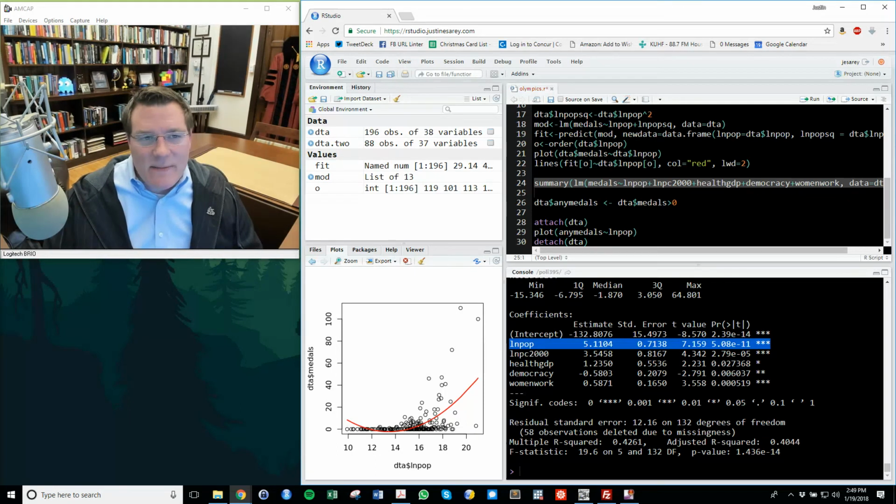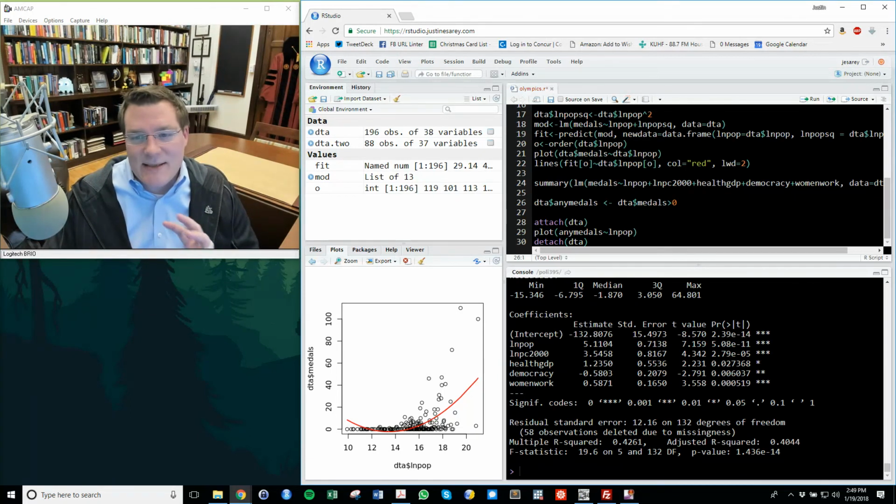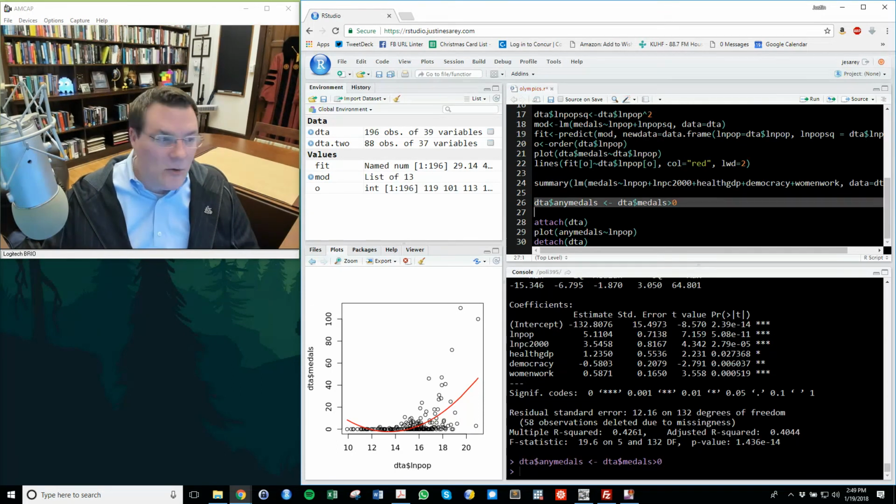Is there something going on here empirically? Well, maybe. We at least see some evidence that you have to be a relatively big country to be able to earn medals. Small countries just have a hard time competing on earning medals. And we can see that even more clearly if I rearrange the data set so that, instead of counting the number of medals, I just classify you as either got medals or you didn't. So line 26 here creates a new variable called any medals that is a 1 if you got any medals at all and a 0 if not.